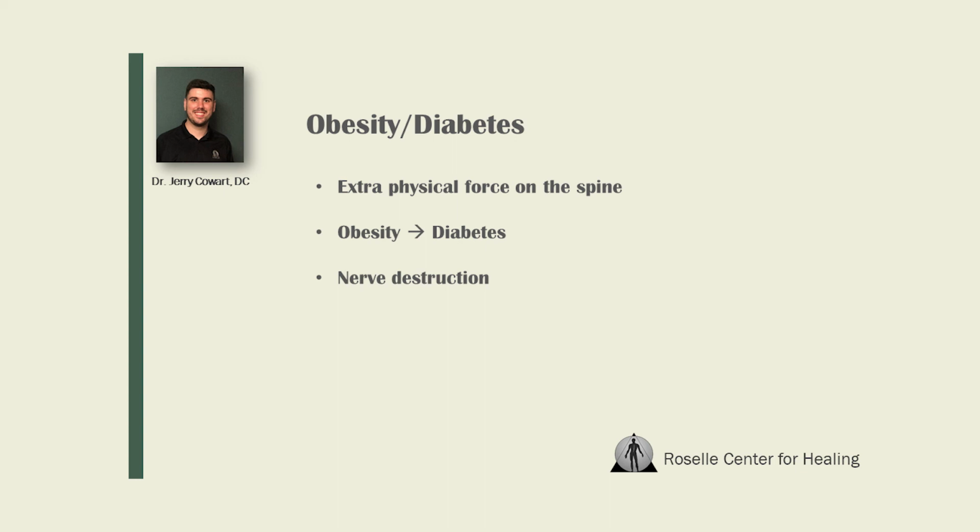But we're mainly talking about obesity here, because someone who is obese has a much higher prevalence of getting diabetes, especially those who are obese in the truncal area, like the stomach area, the mid-trunk. That is a huge contributing factor that can cause diabetes. And one of the things with diabetes, we know that it can cause nerve damage. So when we're dealing with sciatica, a lot of it is nerve damage causing the pain, the inflammation, the burning, the weakness. And if we're adding diabetes on top of that, you're basically adding fire to more fire. You're just lighting that fire even more.